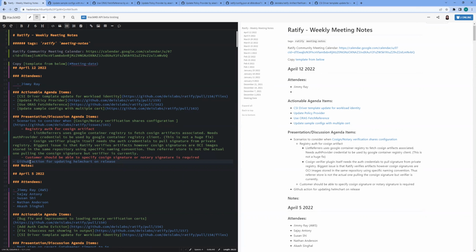Agreed. I think there will not be any changes per se in Ratify, but at least we will have some sample written or sample tested out and documented. Absolutely, yes. And that's what I'm planning for. Yeah. Sure. Okay. Jimmy, do you have a timeline for when